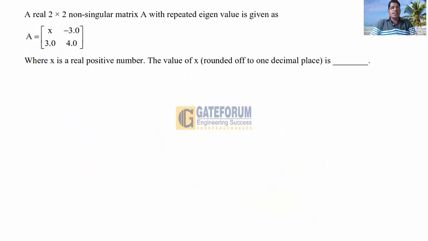The question is: a real 2 cross 2 non-singular matrix A with repeated eigenvalue is given as A is equal to the matrix x minus 3, 3, 4, 2 by 2 matrix, where x is a real positive number. The value of x rounded off to one decimal place is. This question is from engineering mathematics, from the topic linear algebra, eigenvalues. The solution is